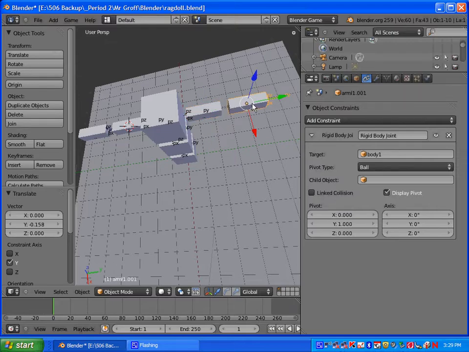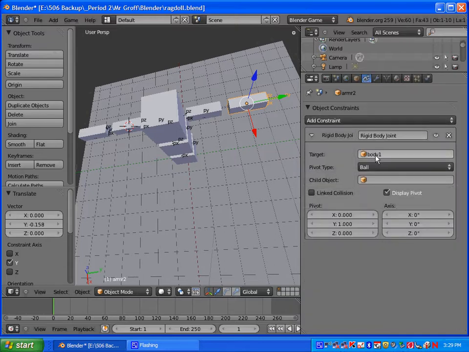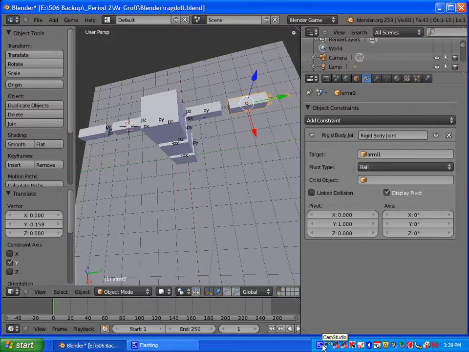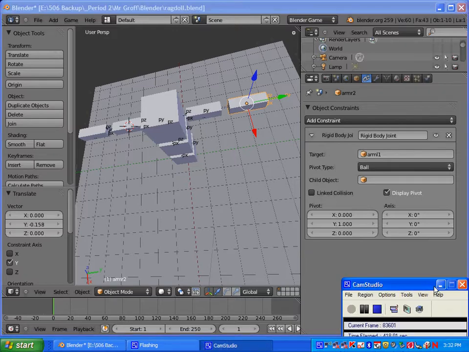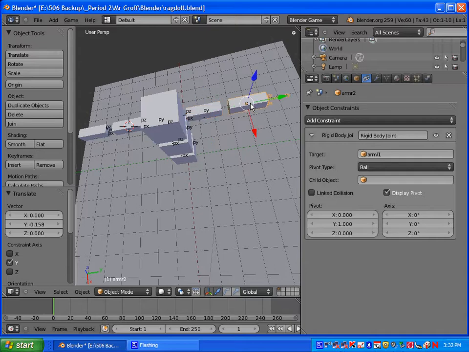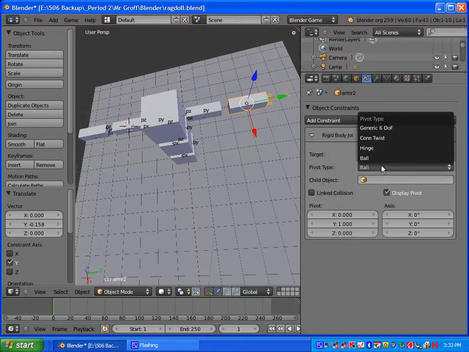And then once you have that, you're going to right click on this one. Okay, we're going to name this arm R2. And then for the constraint, it will be constrained to arm R1. Okay, so for arm R2 here, we want to change the target to arm R1, and then the pivot type will be a hinge,